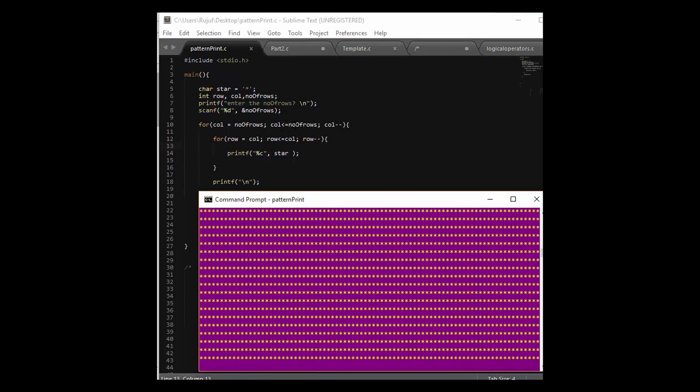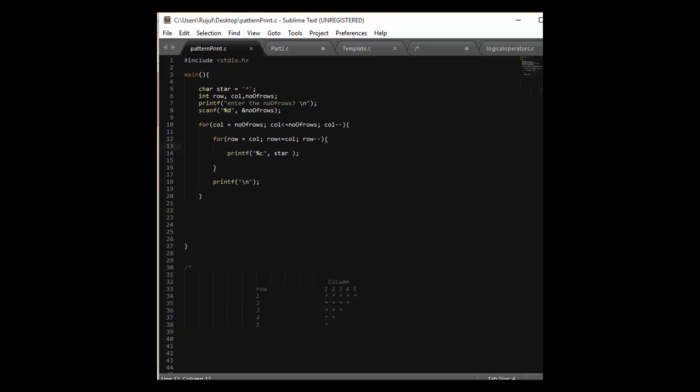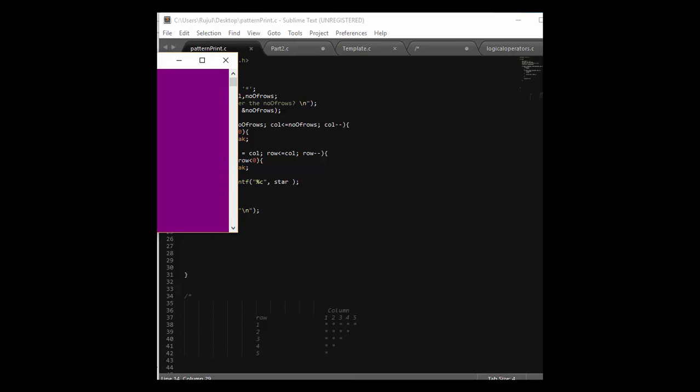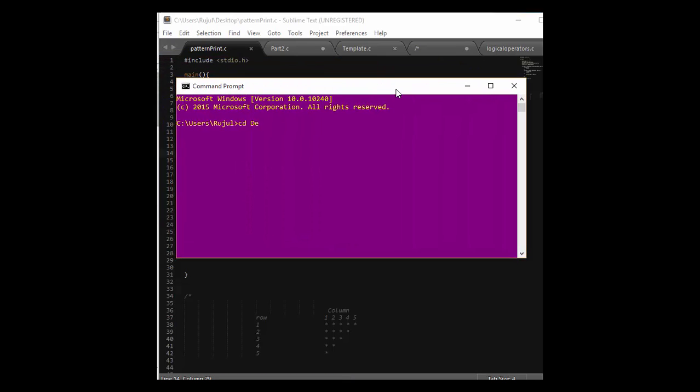when column is less than or equal to number of rows. However, it's always going to be less because we're decrementing it. Therefore, you do need those if statements. Now, let me just show it to you one more time so you guys don't forget. Control save. I'm going to open up a new set of command prompt. Write cd desktop,